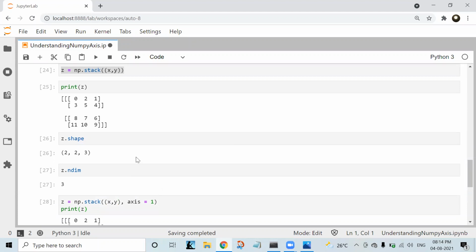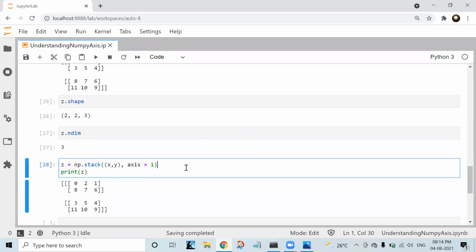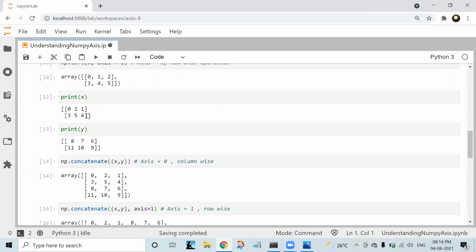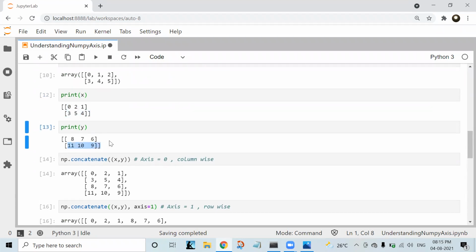Now axis equals to 1 means it will do row wise. Okay, if you see here, what is that? 0, 2, 1, 3, 5, 4, 8, 7, 6, and 11, 10, 9.